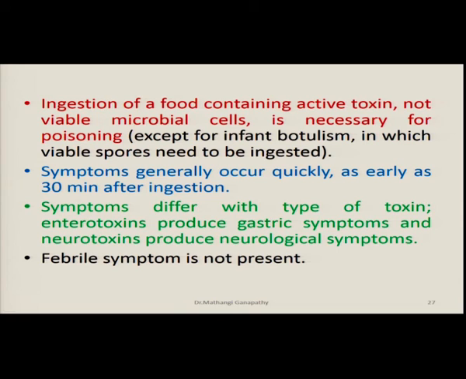So, in the case of a toxico-infection, a food intoxication or a foodborne infection, the organism or its toxin or any other category has to be consumed. It has to withstand the adverse environment in the gut, in the intestine, and survive. If it is a live organism, it has to proliferate. If it is a toxin, it has to survive the cooking temperature, the processing temperature, that is the heat stability, and it also has to be stable in the acidic pH of the gut. Then it can cause the foodborne illness concerned.